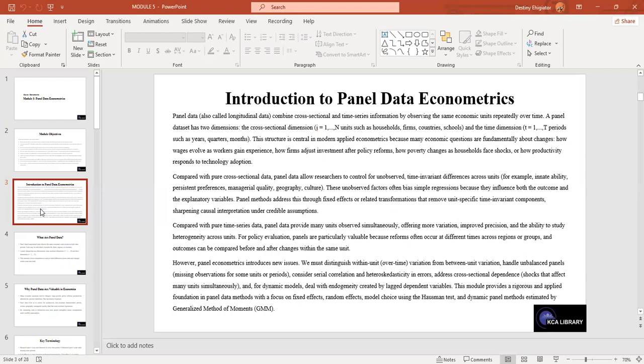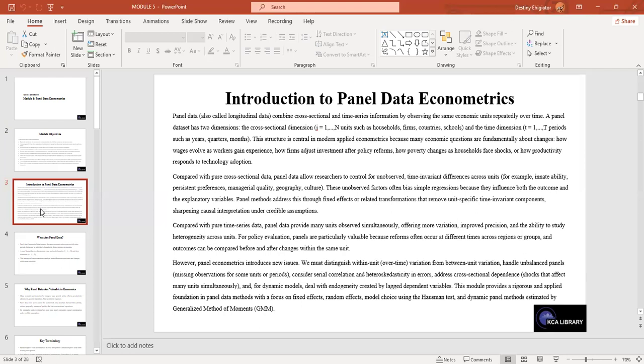Compared with cross-sectional data, panel data allows researchers to control for unobserved time invariant differences across units. These unobserved factors often bias simple regression because they influence both the outcome and the explanatory variable. Panel methods address this through fixed effects or related transformations that remove unit-specific time invariant components, strengthening causal interpretation under